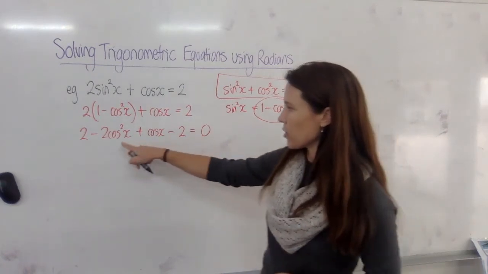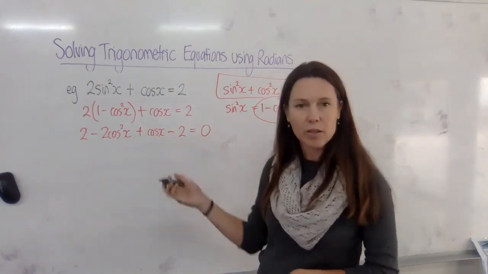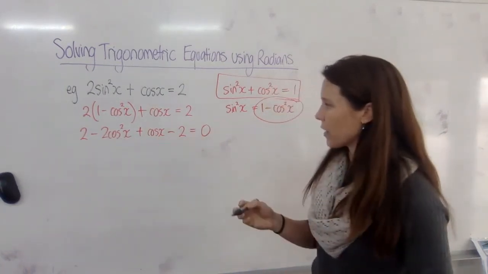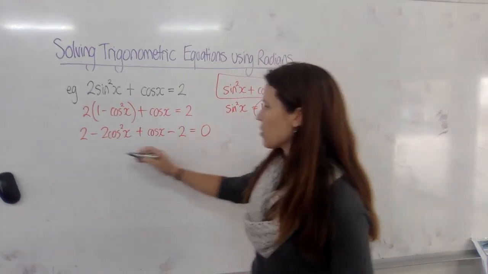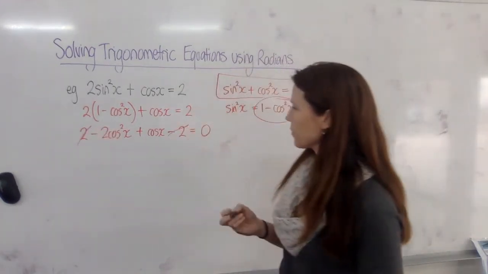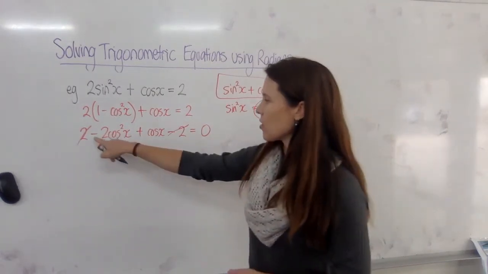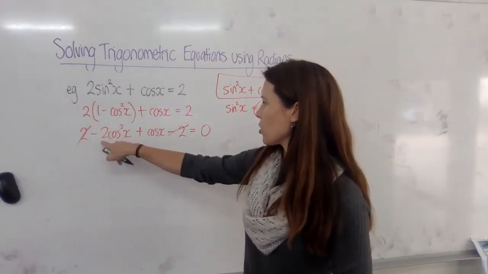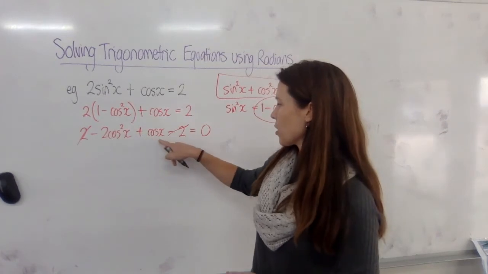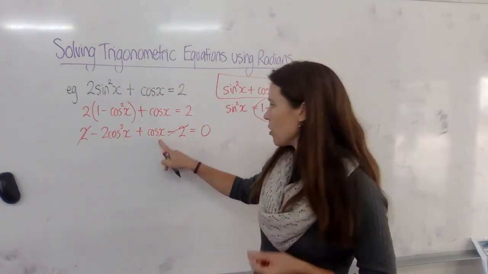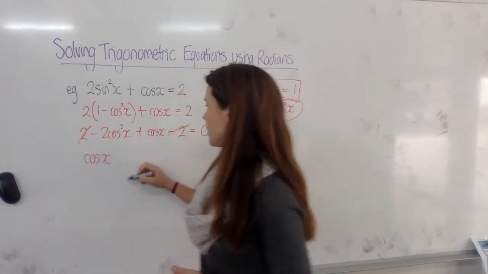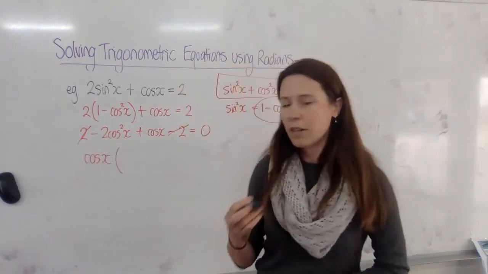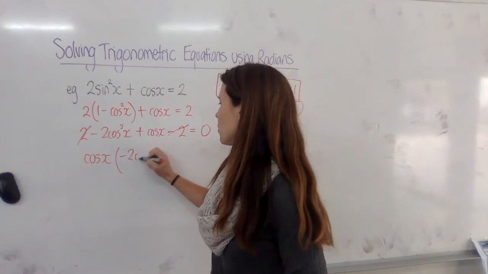Well, I can see that I've got some cos squareds and some cos's, so it looks to me like a quadratic equation. Now, tidying up here, I've got the 2 and now the minus 2. Those will disappear each other. Now, I'm thinking here, solving this, I've got minus 2 cos squared x plus cos x. Both of these have got a cos x in them. So if I factorise and bring my cos x out the front, I'll end up with minus 2 cos x